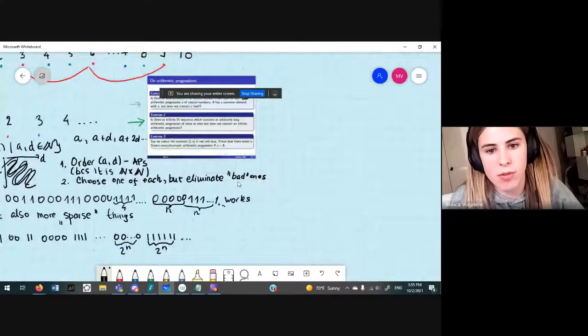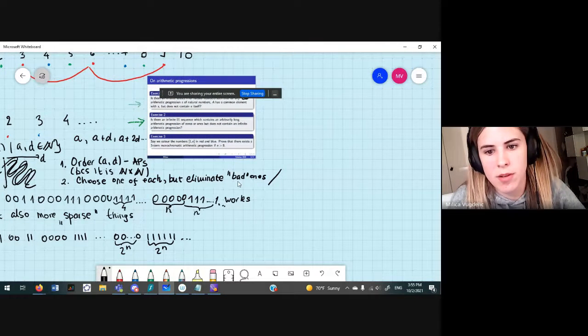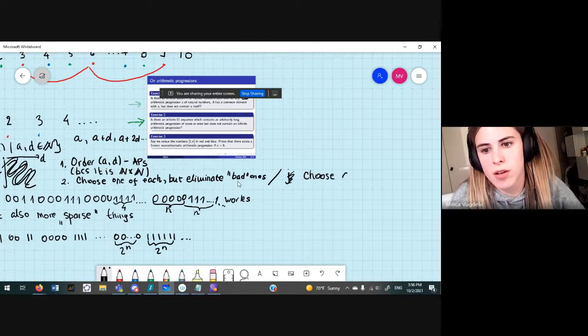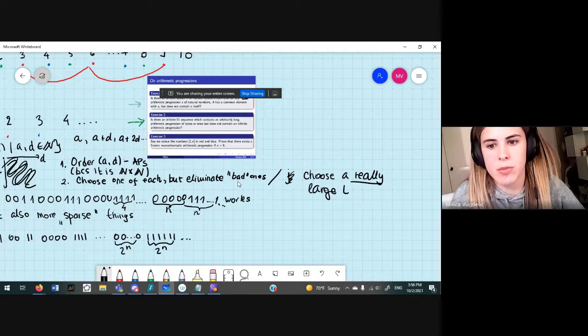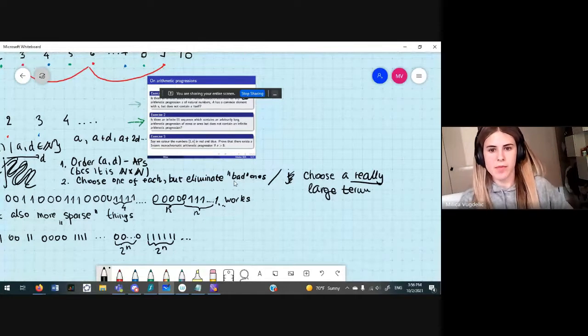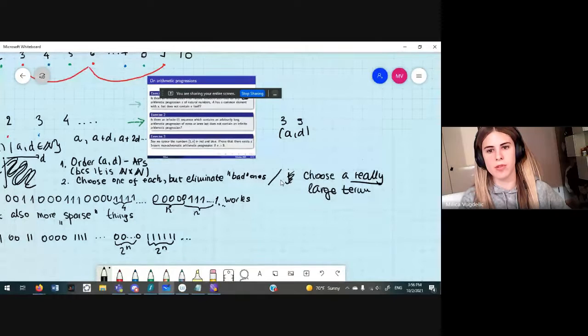Or alternatively, instead of doing that, you can just choose a really large term. Meaning that if you were to choose something from AD, say you ended up somewhere here and you chose this number n, and the first number you chose was say 1. For the next one, which would be, I don't know,